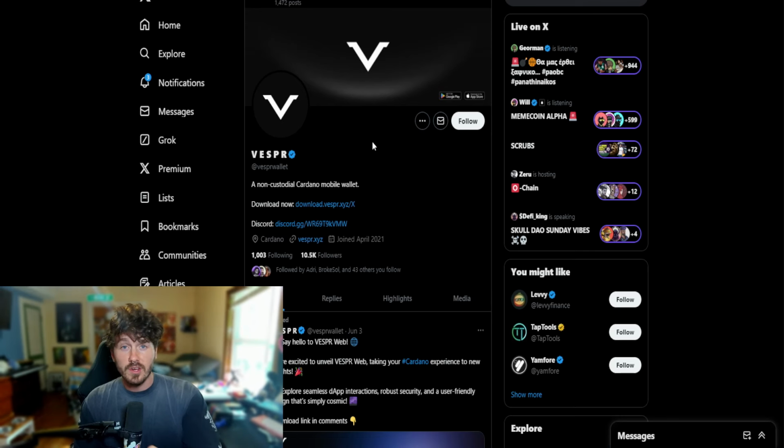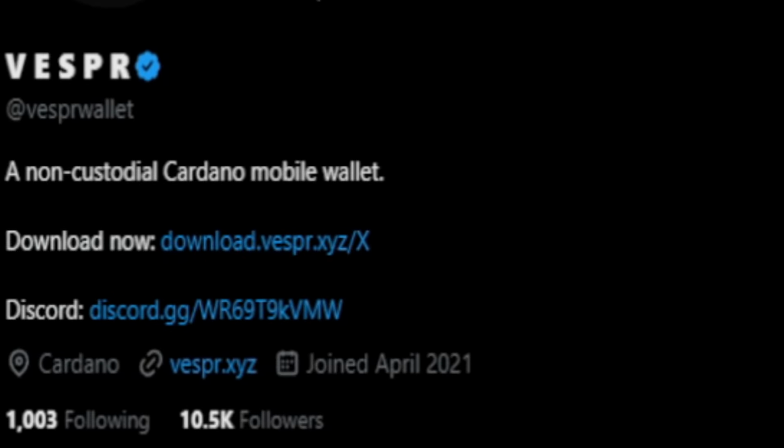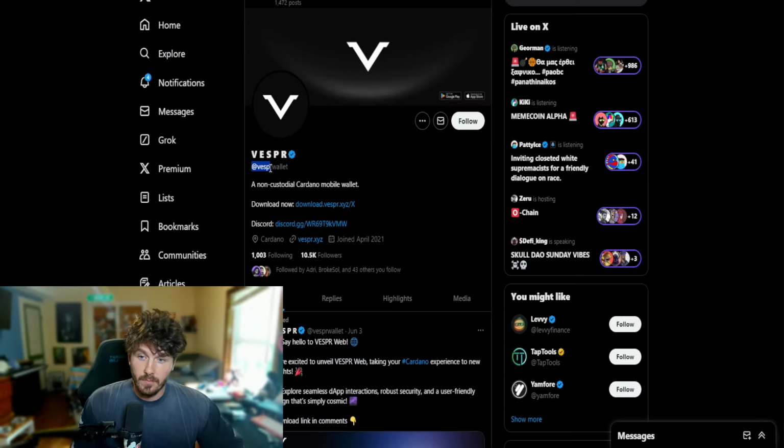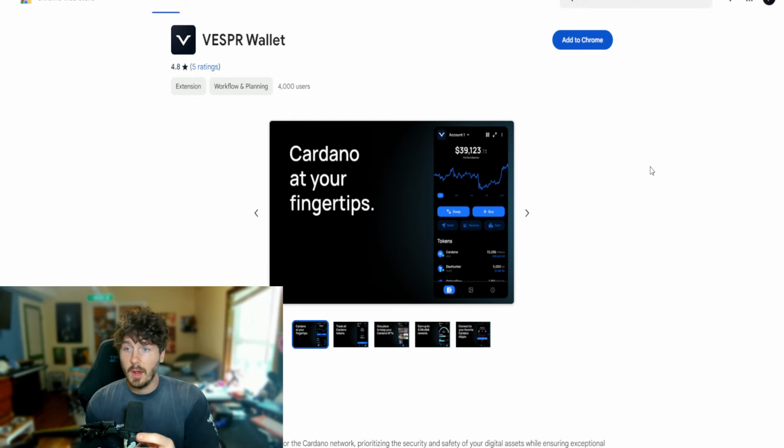So obviously, first things first is going to be the wallet you use to do all your transactions across the ecosystem. In this case, we'll be using Vesper. Vesper is a non-custodial Cardano wallet that works in browser and on your phone. I will also have links down below. It's as simple as just hopping on your browser, going to the Vesper Wallet download, and then adding it to Chrome, Brave, Microsoft Edge maybe, whatever you use as your primary,